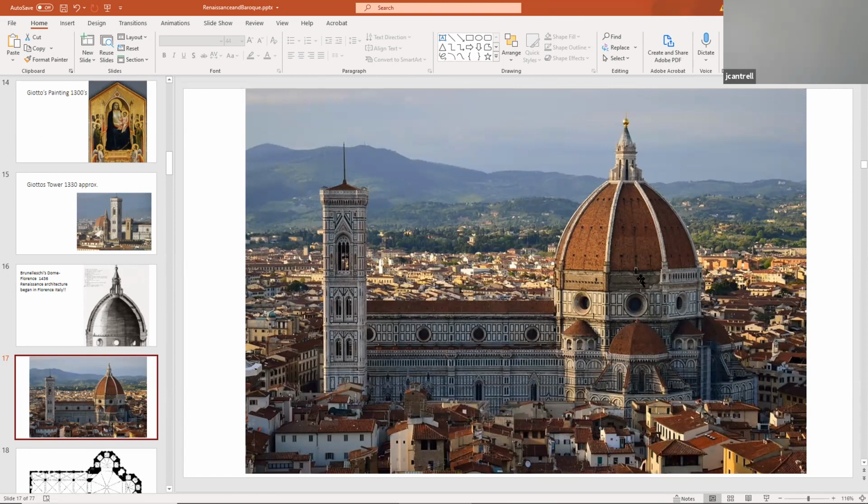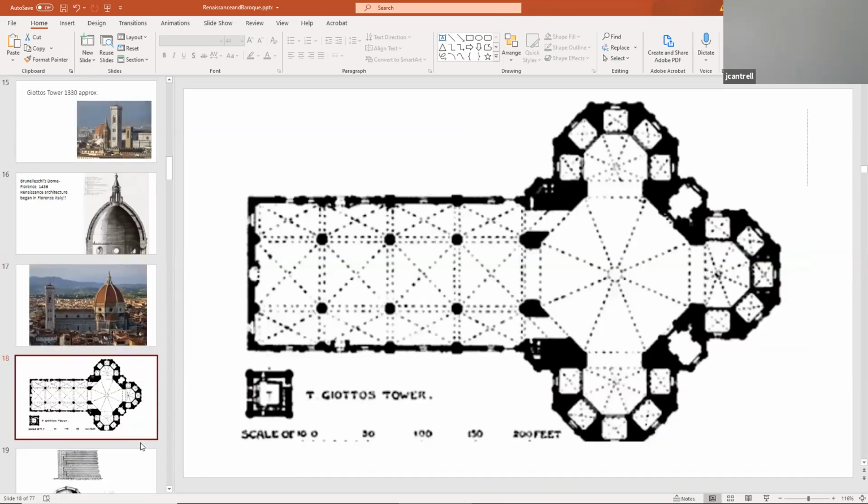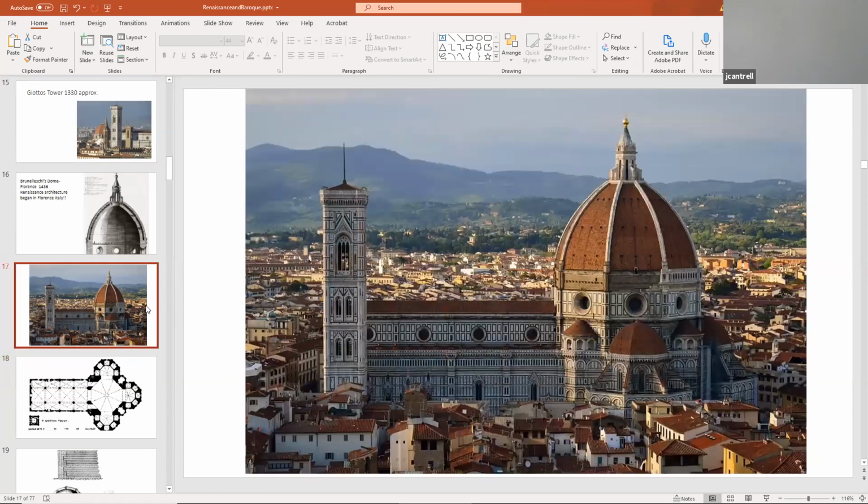It was only because Brunelleschi won a competition to figure out how to span and cover that dome. Here's a plan of this. It's an octagonal plan. We're not looking at a Roman dome; that comes later, when we get into Michelangelo's Renaissance curved domes and the circular plan. But for the most part, this was an unprecedented engineering marvel.